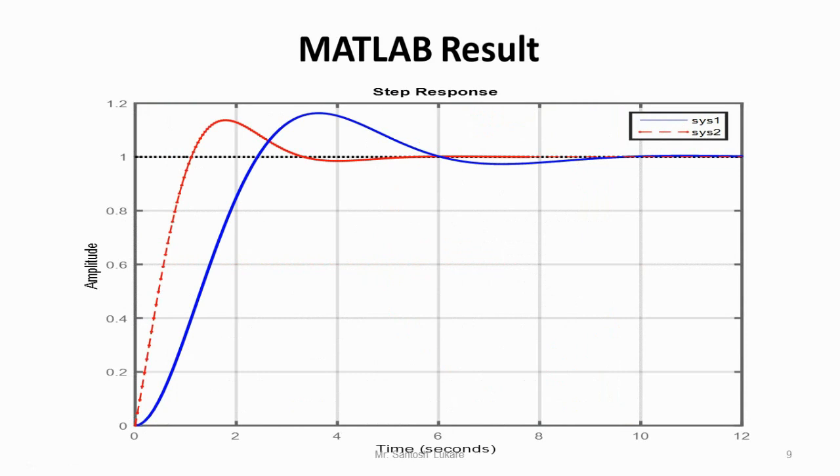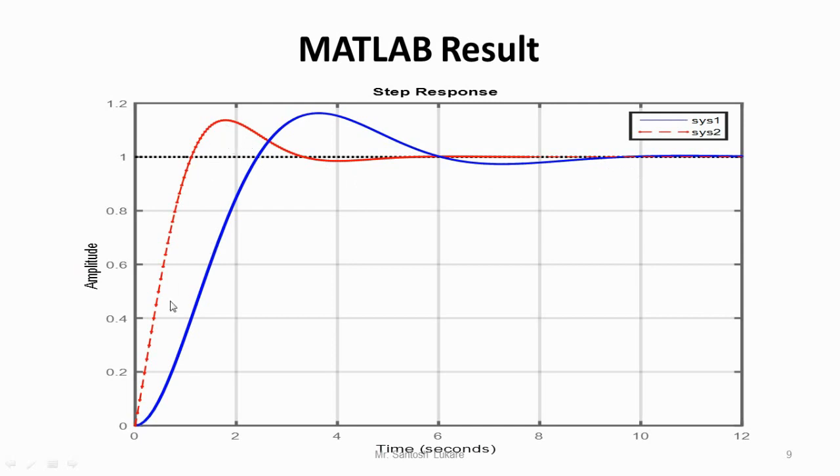In terms of its closed loop behavior, it is observed that the stability of the system improves, or the system becomes faster than the original system. Here the blue color plot indicates the step response of the first system, that is K / (s(s+1)), the original system, and the red color plot indicates the closed loop step response of the modified system, that is G(s) = K(s+3) / (s(s+1)).